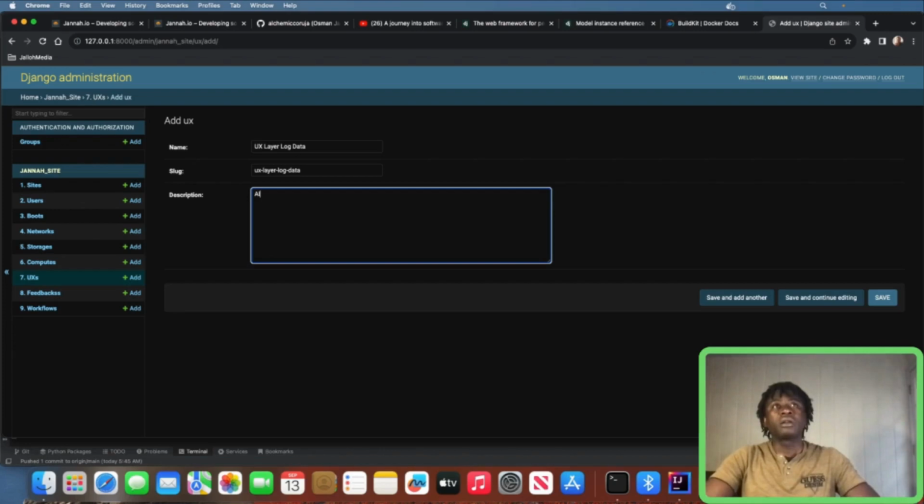This is basically all data related to user activity, so this is events within the browser, mobile applications,